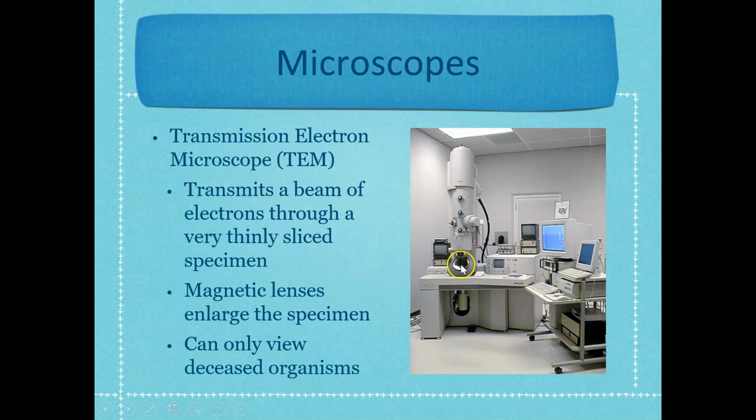Well, your really thinly sliced specimen goes in here. We send beams of electrons across that specimen, and there's a detection plate under here that's actually connected to your computer over here. And what that detection plate is looking for are, where does the electron actually hit and where does it not? So sort of think of it like lining up a bunch of students along the back wall of the school, right? And we just pelt them with